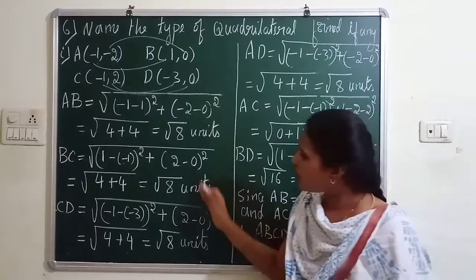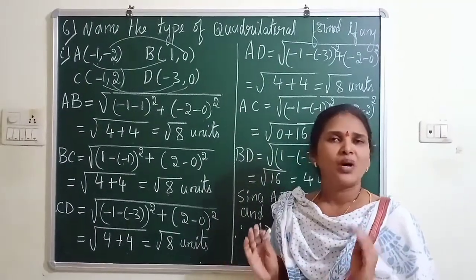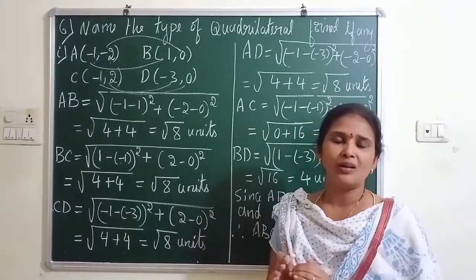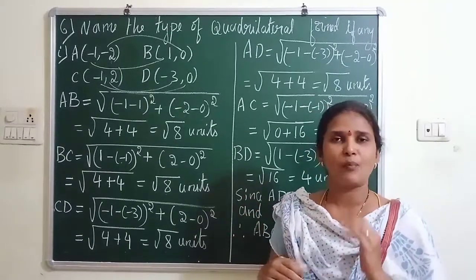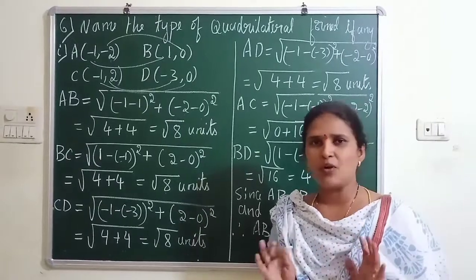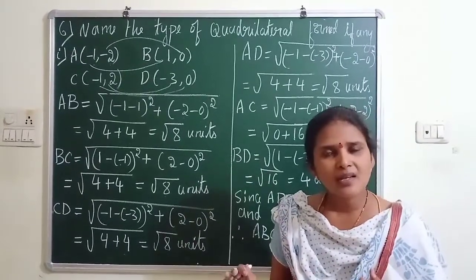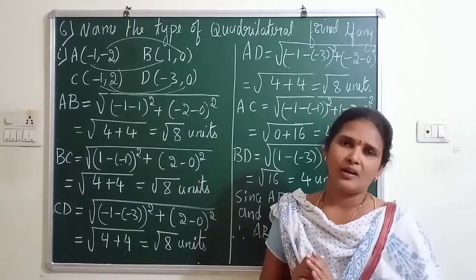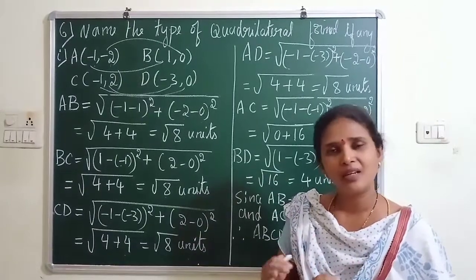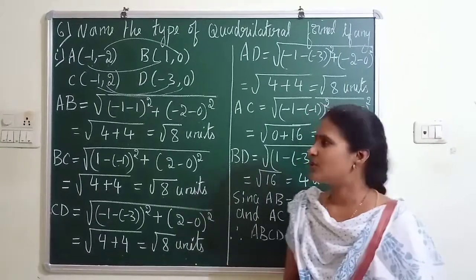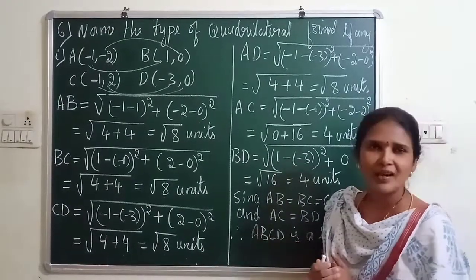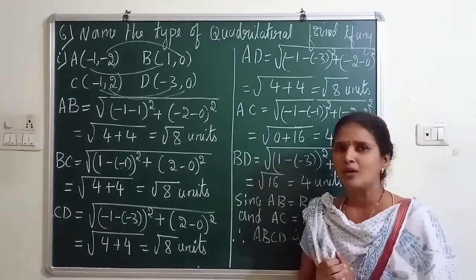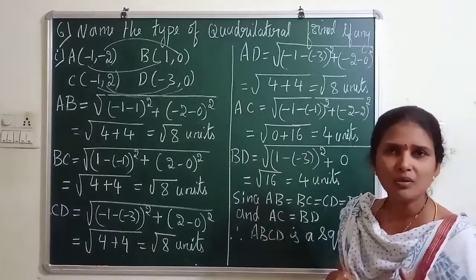Now you can observe here all four sides are equal. Once all four sides are equal, there is no need of checking the inequality property, it will form a quadrilateral. If opposite sides are equal, it will form a quadrilateral. If all sides are equal also, it will form a quadrilateral. If all sides are different, then we think about it in the next question. So we got all four sides equal. Then can I decide what type of quadrilateral here itself? No. So I have to find the two diagonals.